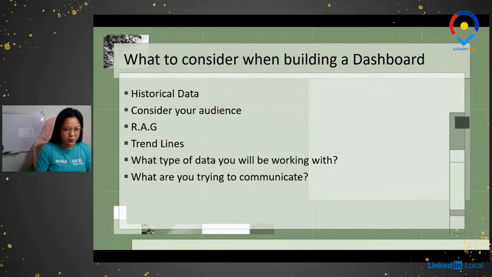Hindi yung you're just trying to be very technical and ang dami-dami mo nang nilagay na features ng charts mo. You are forgetting to simplify the report for your readers, no? All right. So let me know, guys, if you have any question, but that's the end of my introduction for